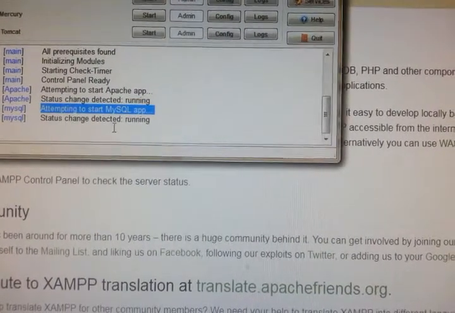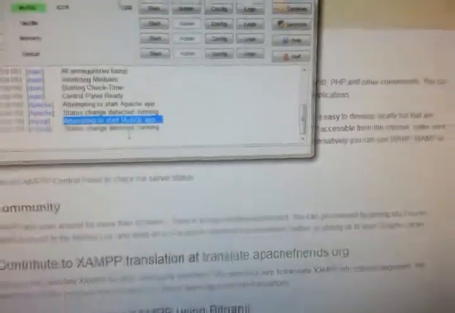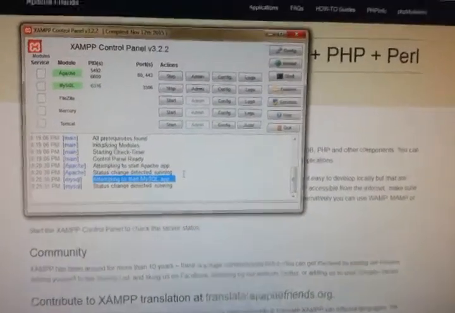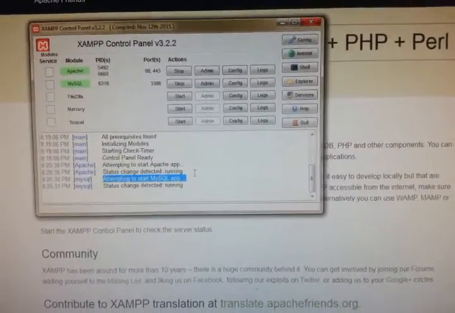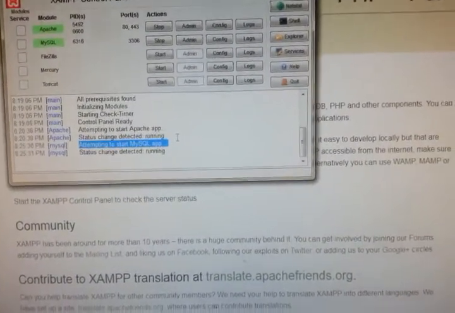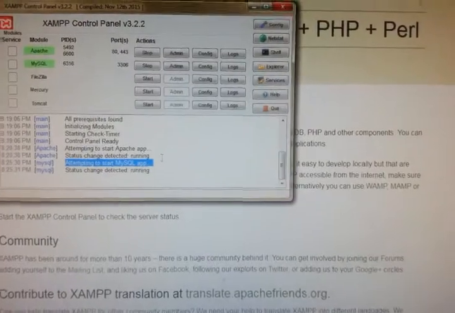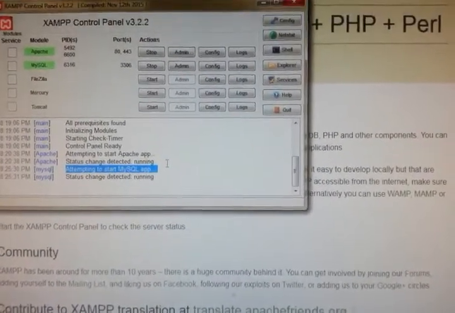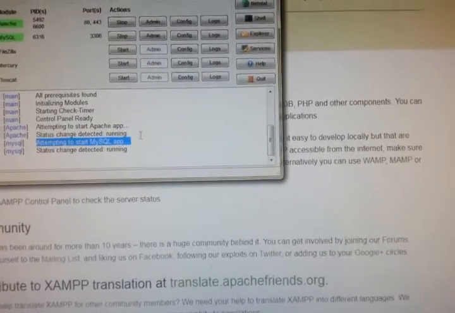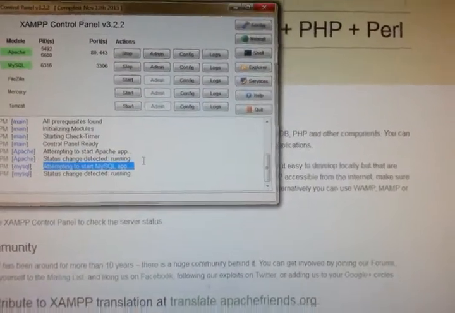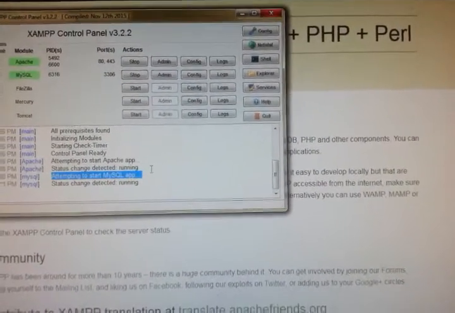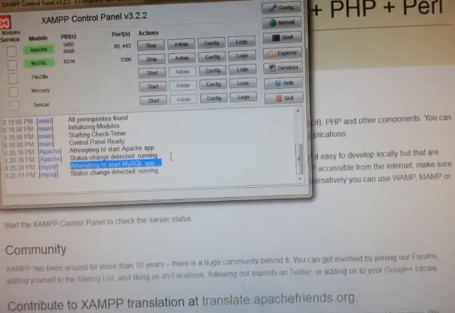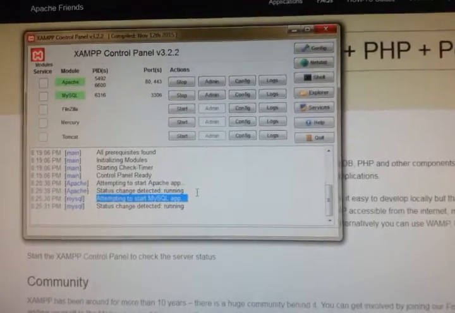Status change detected, running. So like this, whatever services you start, it will show the information below. If there is any problem also, it will show below. By seeing that problem, you can see the log file and then you can react according to that particular error. So now at this position I can say that my XAMPP package is ready to deal with our programs.